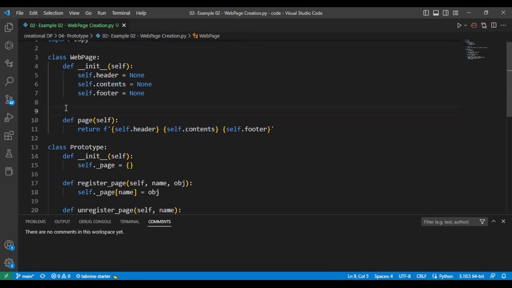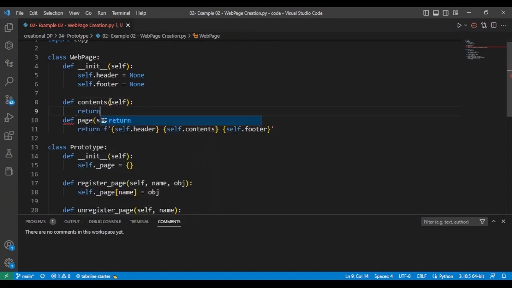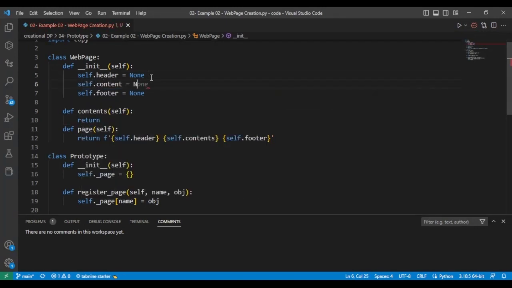Well, this is out of the scope of this class, but it's a simple way to do that. I'm going to say define contents. I'm going to take this out and make it a method. And then I'll return the content of the dictionary, the header and footer, and whatever will be in between. I would do the methods to create all the other variables that will be in between. But right here, to get the content, which was none,